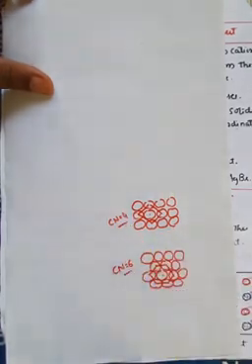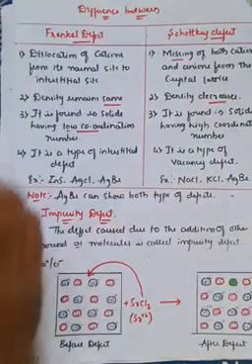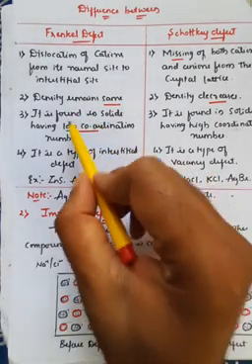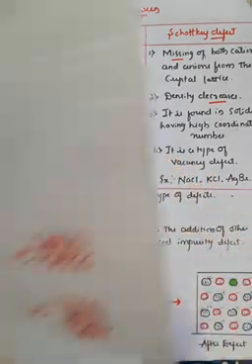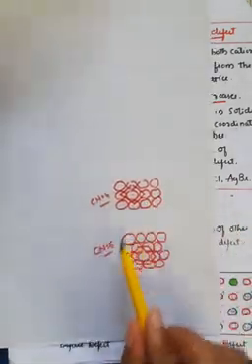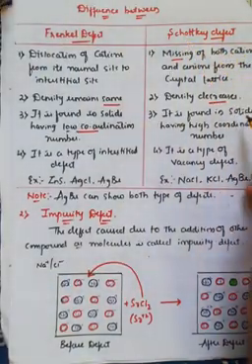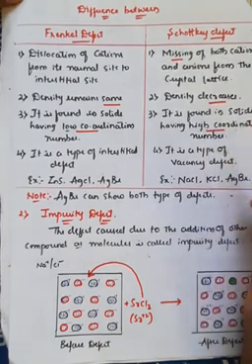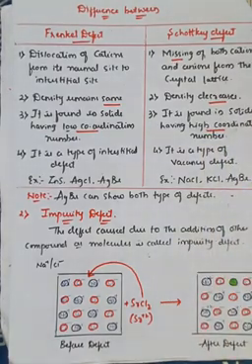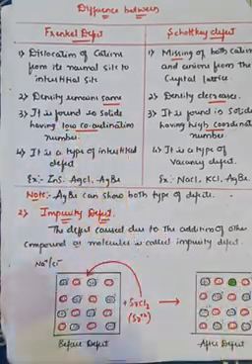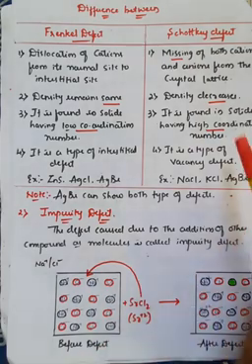So like this, in case of Frenkel defect, the Frenkel defect can be seen in the solids which are having low coordination number, which means it might be 2 or 4, right? But in case of Schottky defect, what happens? It is generally found in the solids having high coordination number, right? So that is the important difference between the Frenkel defect and Schottky defect. Frenkel is found in solids having low coordination number, but the Schottky defect is generally seen in solids having high coordination number.